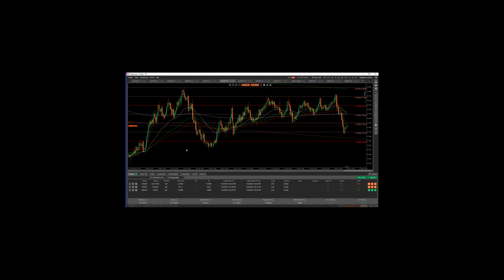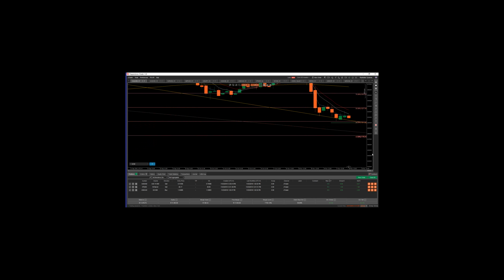Okay, let me go over these three positions I have. Let me go over the trades. I'd like to ask the audience and everyone else there, do you guys have any trades open right now? Does anybody have any trades that they've opened personally on their accounts? If you would like me to analyze that specific pair, I would love to help you out and give you more indication of what's happening with that specific pair.